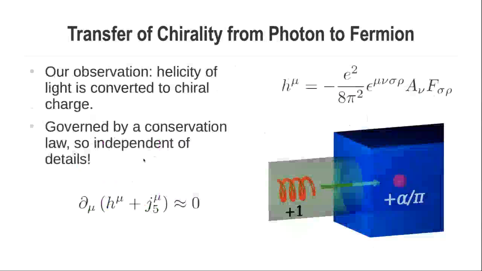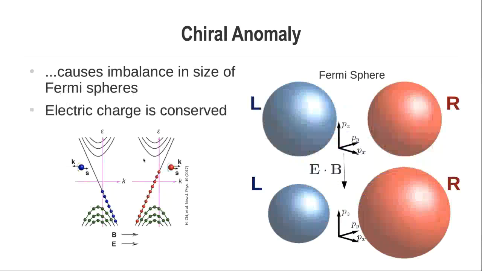So what does this equation mean? Again, skipping slides, sorry. If you just take a material and you start with it and you look at the chiral charges in that material, you will have the same number of left-handed particles and right-handed particles. What would the Fermi sphere look like in that case? They look to be of roughly the same size. As I have shown, not roughly, they should be of exactly the same size if there are equal numbers of left and right-handed particles. Now, I subject it to E dot B